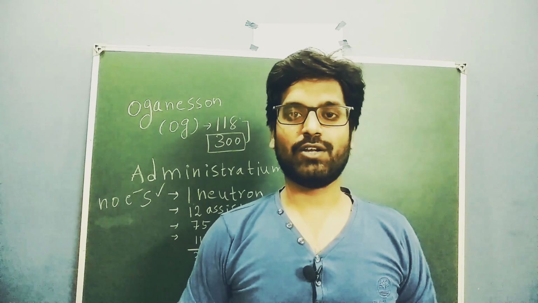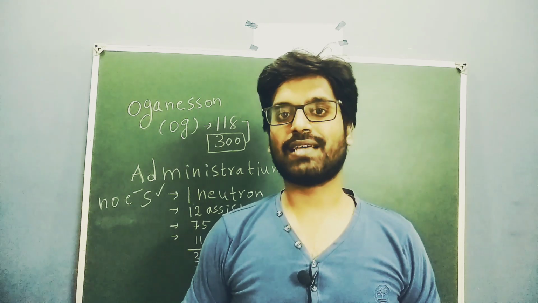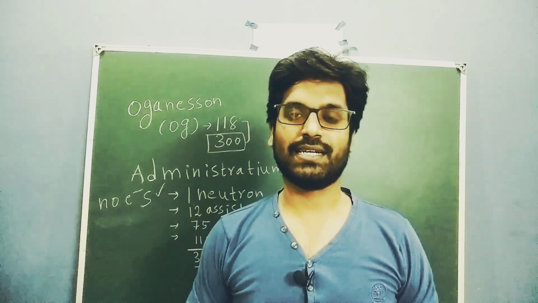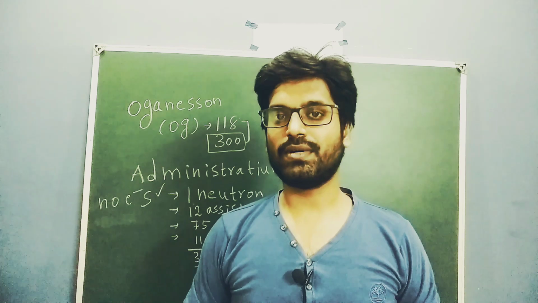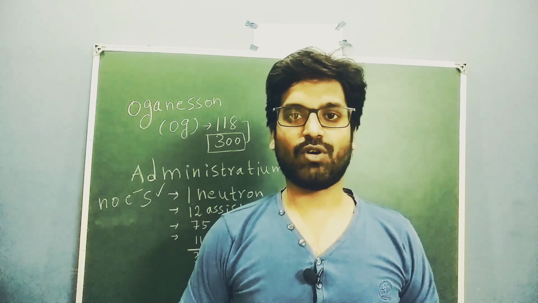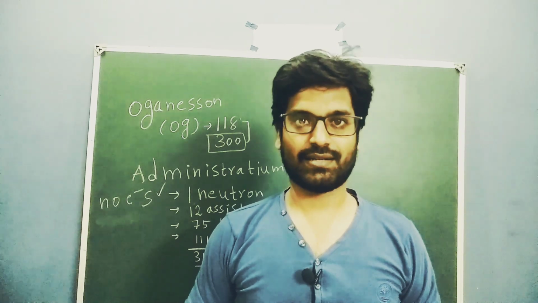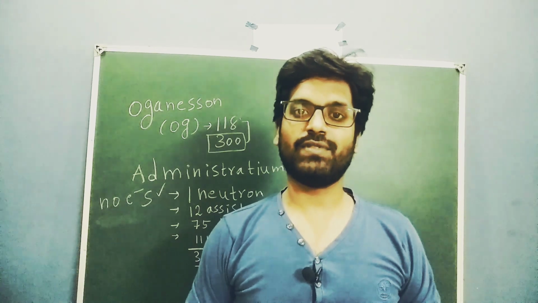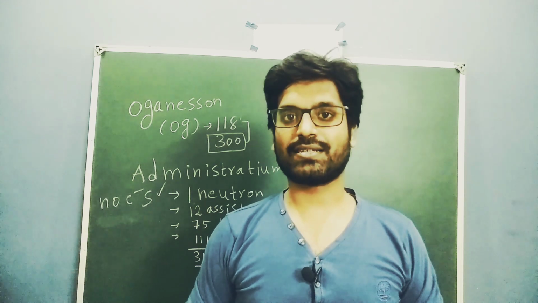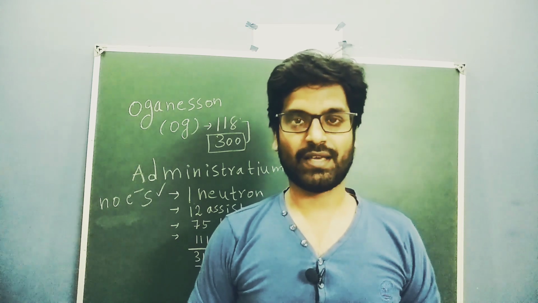Till date in the periodic table we have one element, organocell, which has the highest atomic mass. The mass number of this particular organocell is very high. I hope I'm pronouncing it in the right direction, right? So this organocell has an atomic mass of 300, and the atomic number of this particular organocell is 118. And the question was also asked on this organocell in previous PhD interviews, okay.